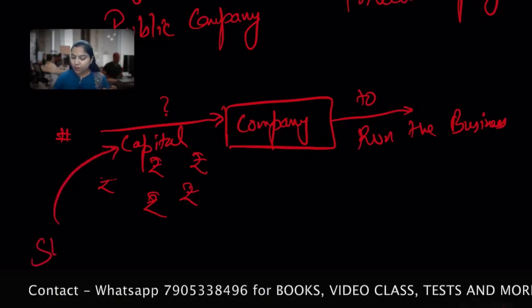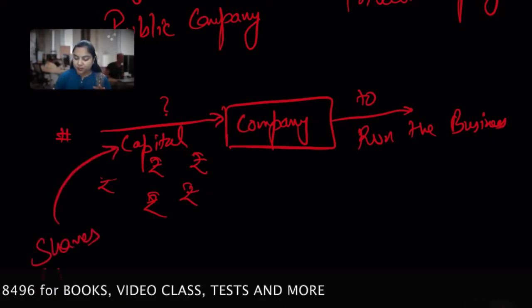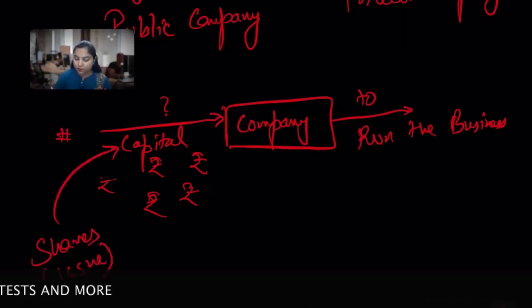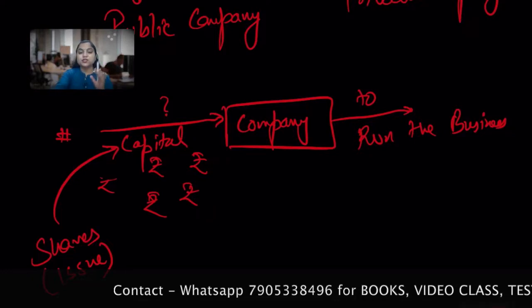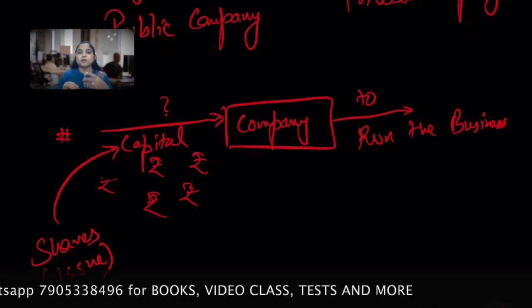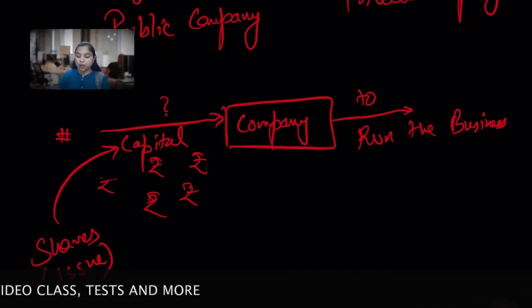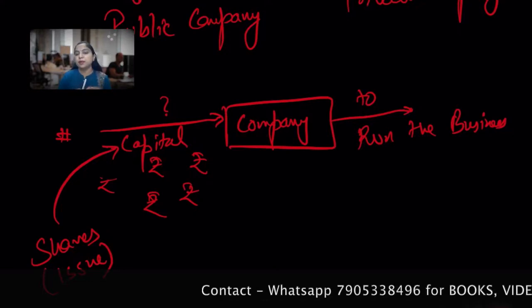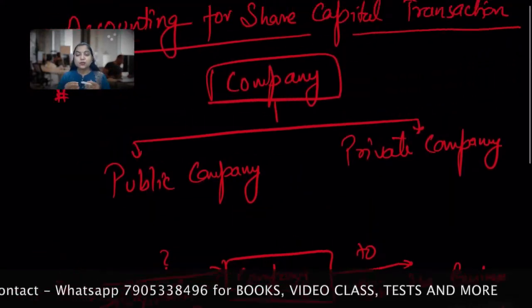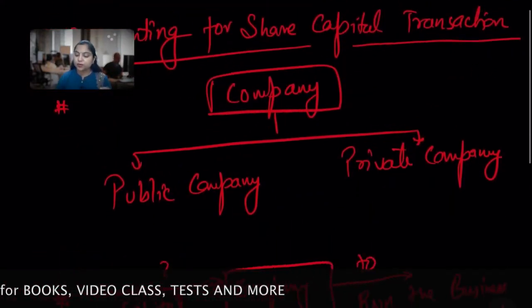So I hope now you can gather the difference in the clauses of private and public limited company. This is a brief idea I want to give you: if the company is raising capital through an issue, there are clauses as per the Companies Act 2013 which need to be complied with by the companies. Okay, so give me a moment to conclude in another language.